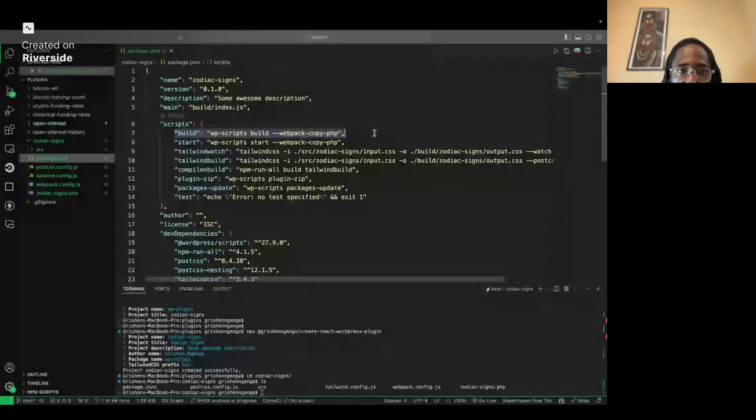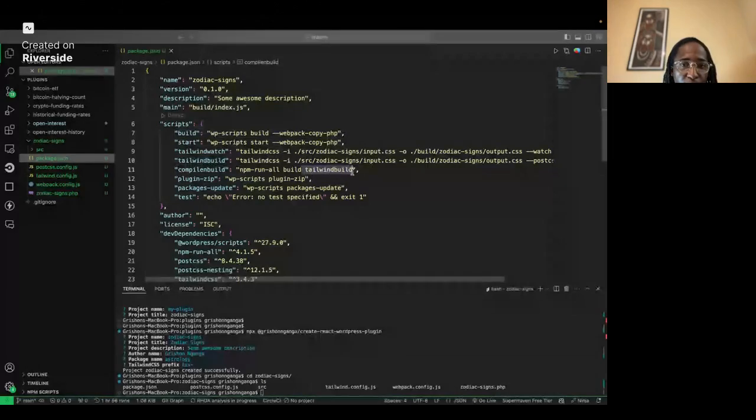So you have the build and start scripts. That'll create the build folder for you. It'll package your source folder and create the build folder that you can zip and then use in your WordPress site. So anyway, we have those two. We have the Tailwind watch and build commands. That's basic Tailwind stuff. And we have this compile and build. That will run build and then the build command to generate the build folder, and then also Tailwind